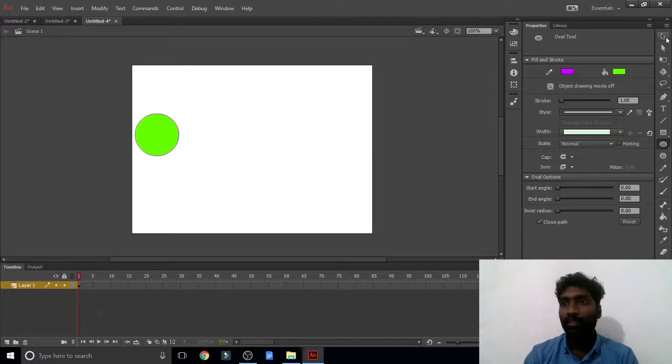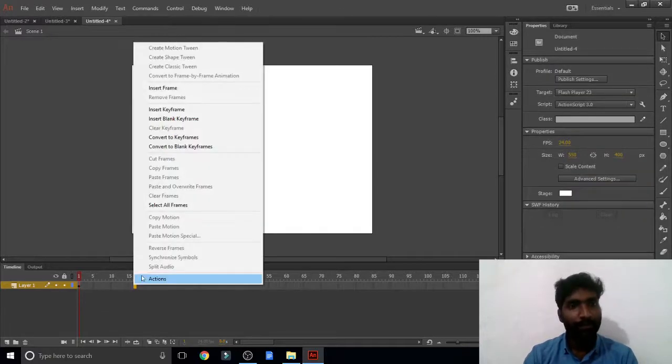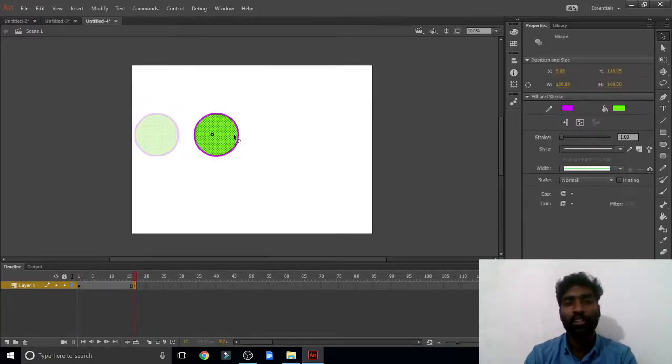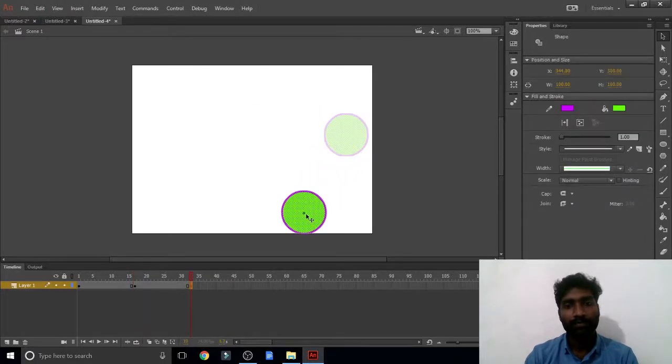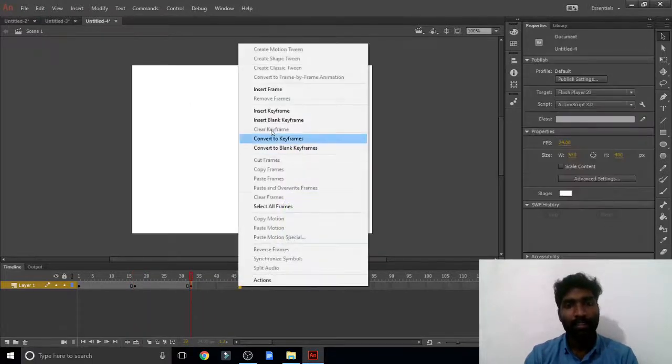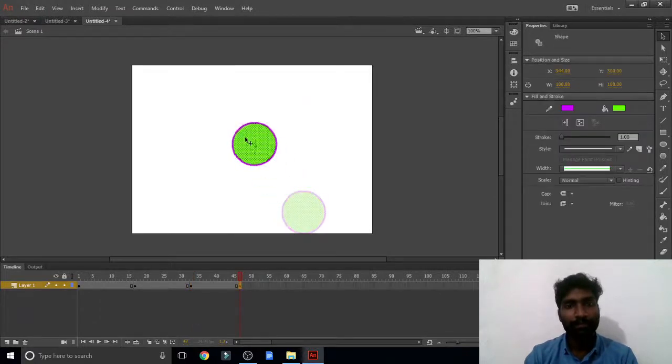Now selection tool, right click, insert keyframe. My dear students, keyframe is very important. Keyframe defines the position. Another keyframe, another keyframe.